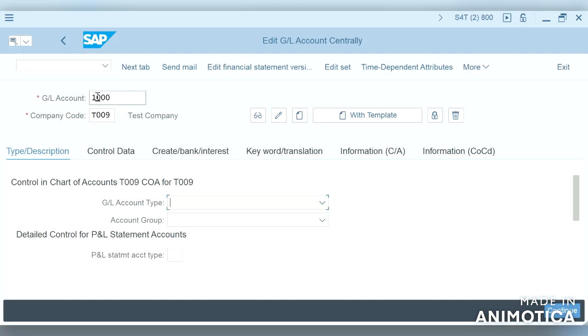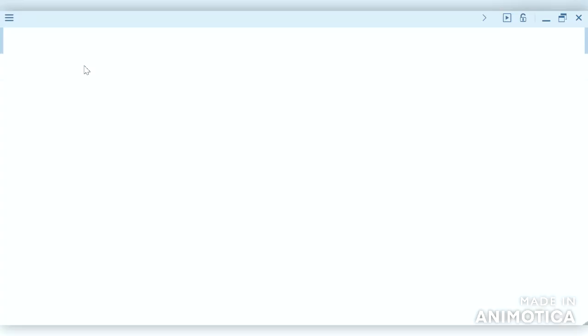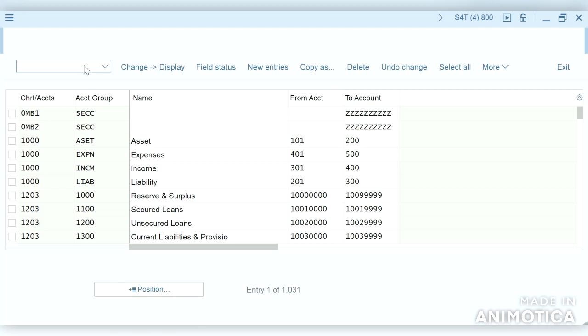So for assets, what is the number we have given? OOBD4. Let us create a bank account. One expense and one bank account where we can do a posting transaction.